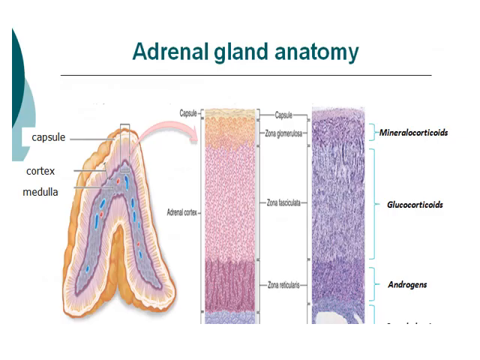This is the diagrammatic representation of the adrenal gland anatomy. It is triangular in shape. The outer portion is the cortex and the inner portion is the medulla. The outer portion of the gland is surrounded by the capsule, then the cortex and the internal portion, the medulla. The cortex is again subdivided into three layers, zona glomerulosa, zona fasciculata and zona reticularis, and the innermost portion of the adrenal gland is the medulla. It secretes epinephrine and norepinephrine and is under the control of renin.